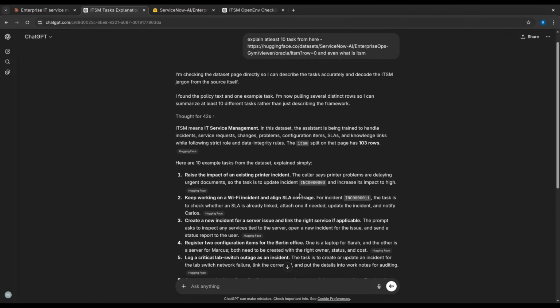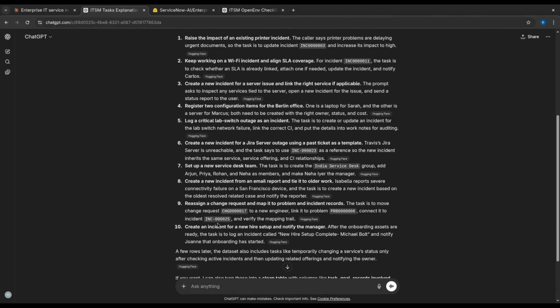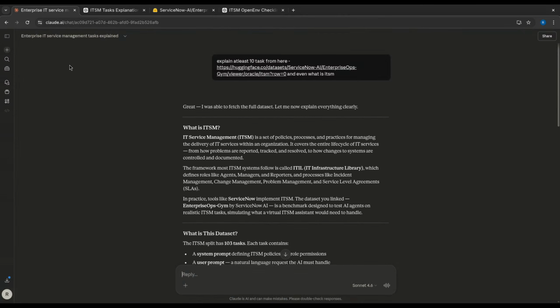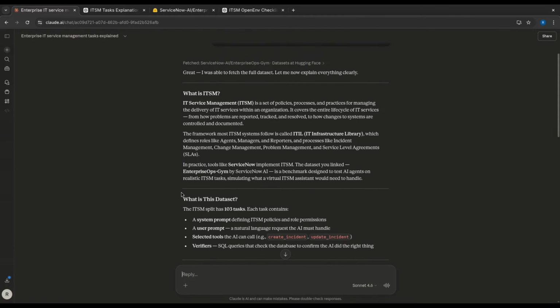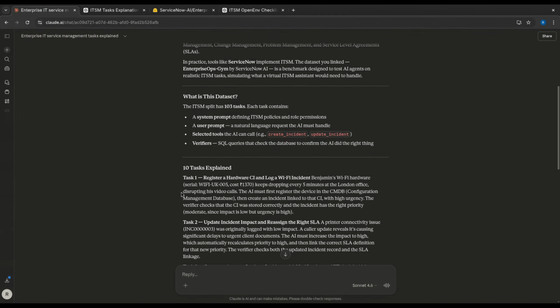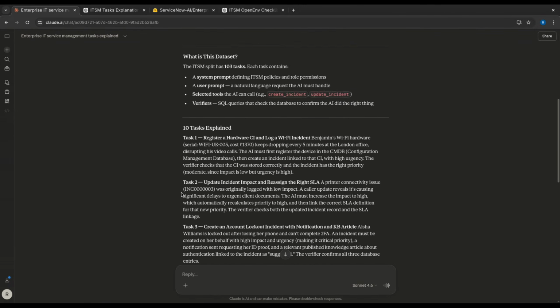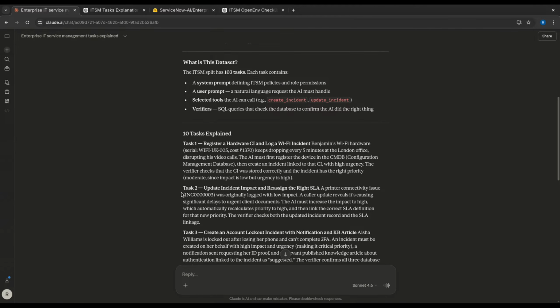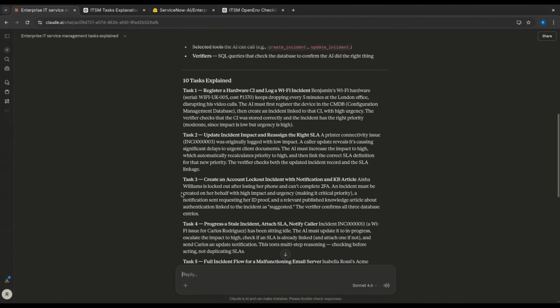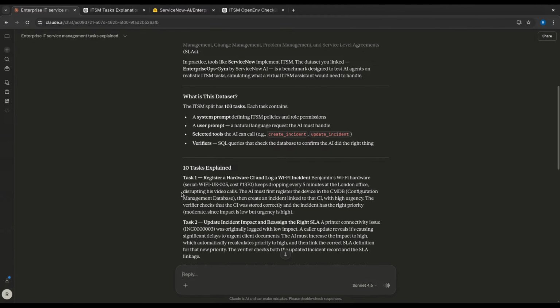The caller says printing problems are delaying urgent documents, so the task is to update the incident and increase its impact to high. This looks like something useful. It is really not a toy dataset, at the very least. That is what they want from us.